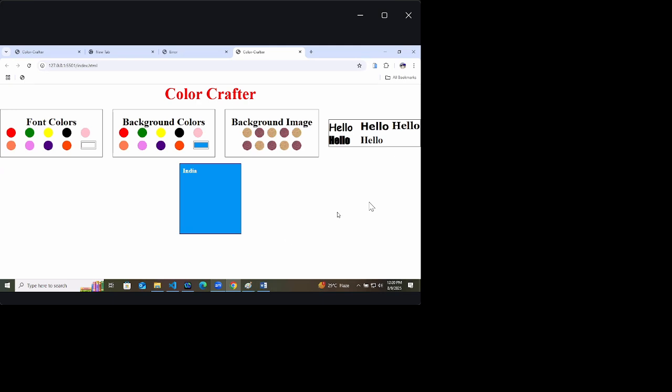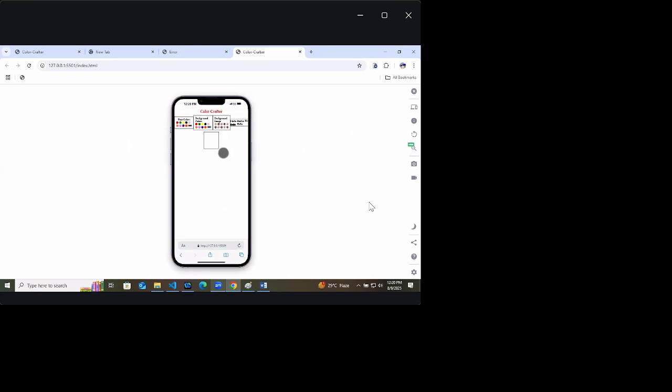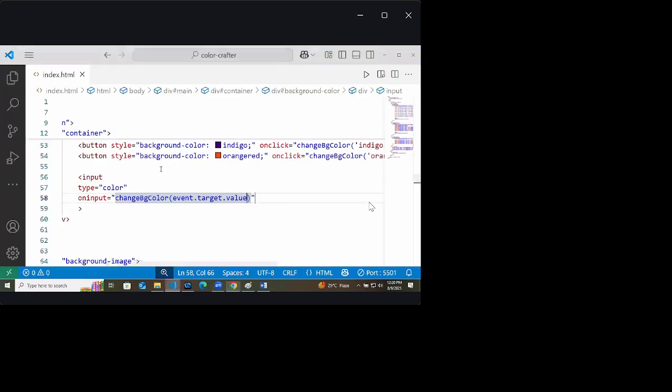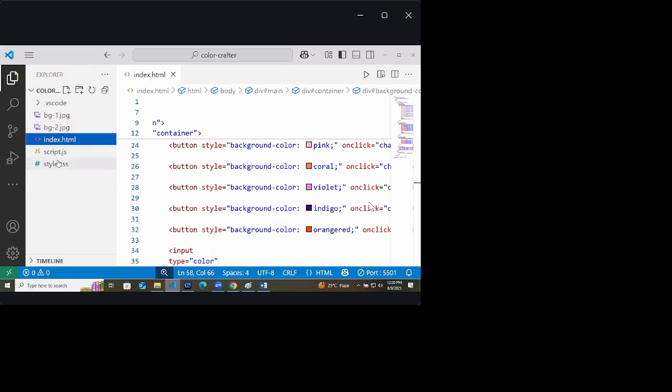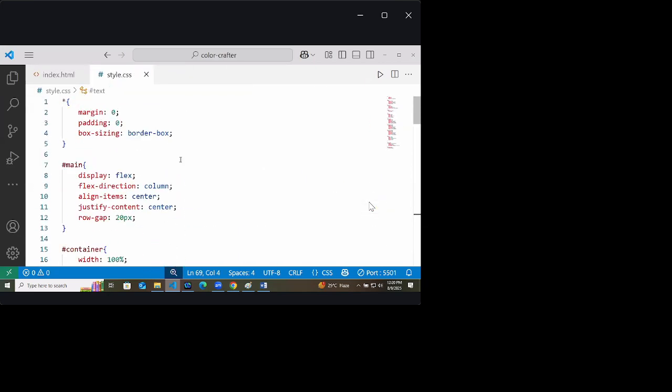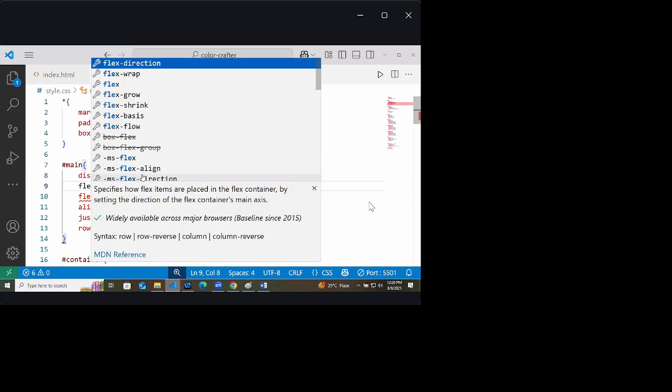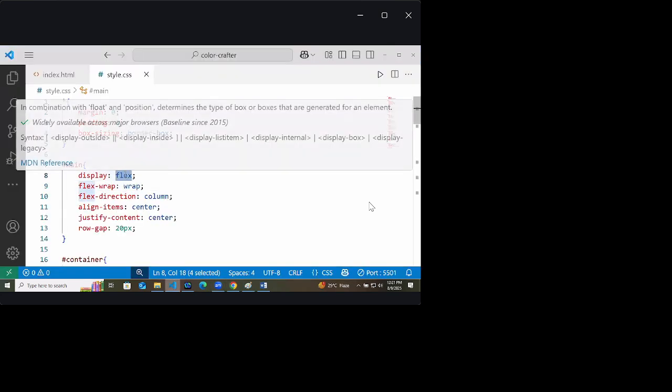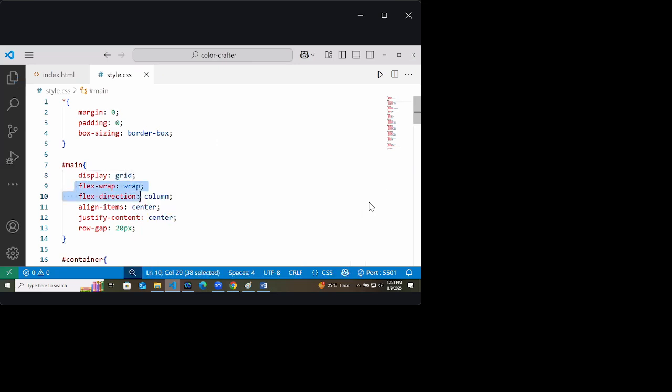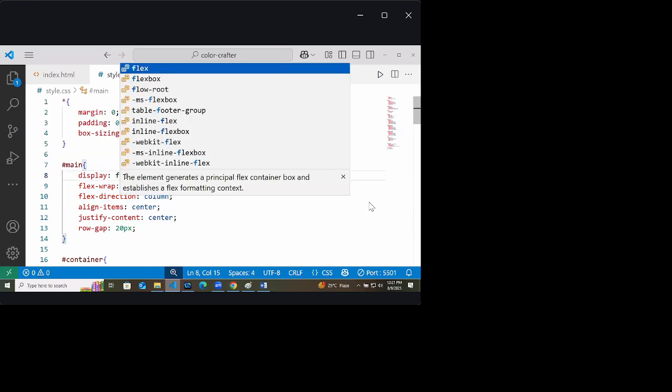Let's check the responsiveness of this now. Not at all, right? This is what we are getting. So what we will do to the main parent is flex wrap, because the parent is trying to adjust everyone in the same way. Flex wrap. Or try to give grid only to the parent. No, this one should be flex only.